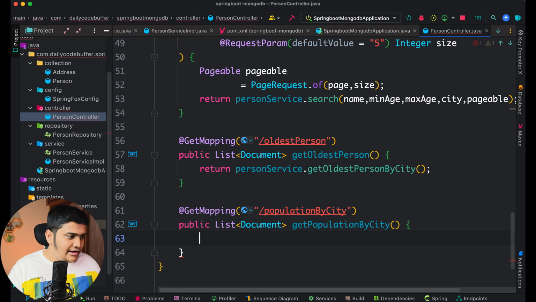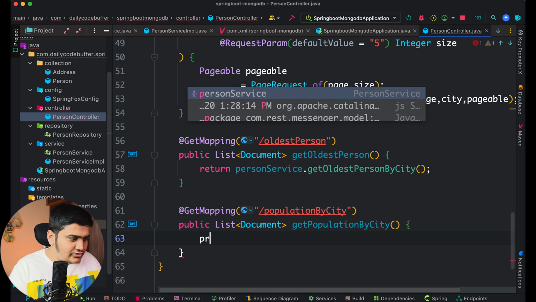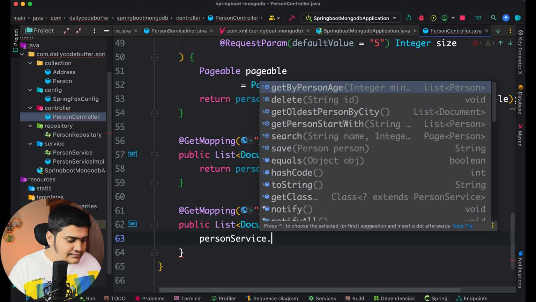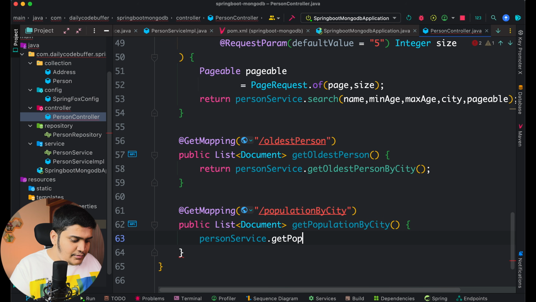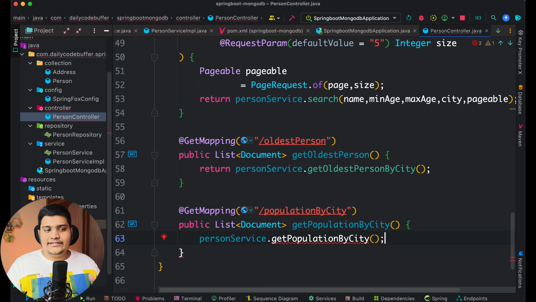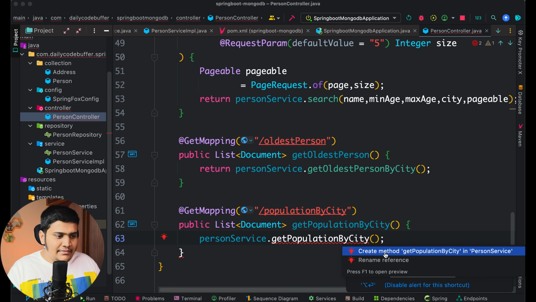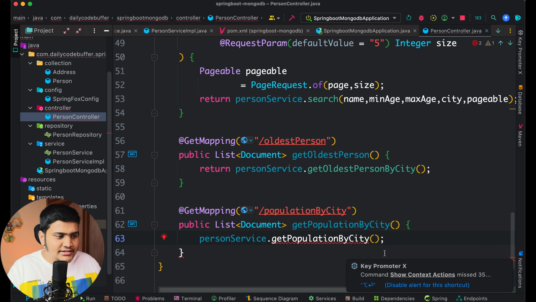Okay, and we are going to call this service layer from here. So we are going to call personService.getPopulationByCity. Cool, right? You can see that a simple method is declared here. Let's go ahead and declare the same method in our service layer. So create a method getPopulationByCity in PersonService,